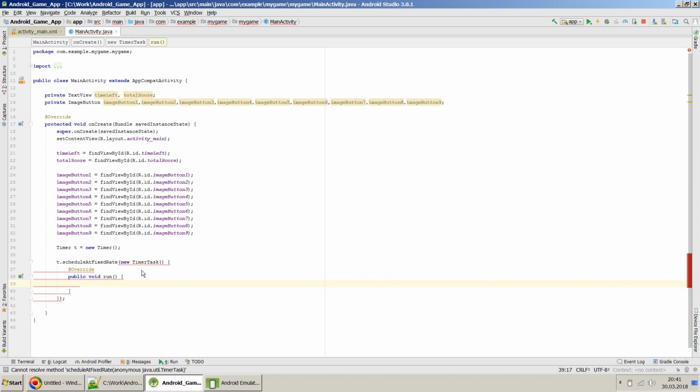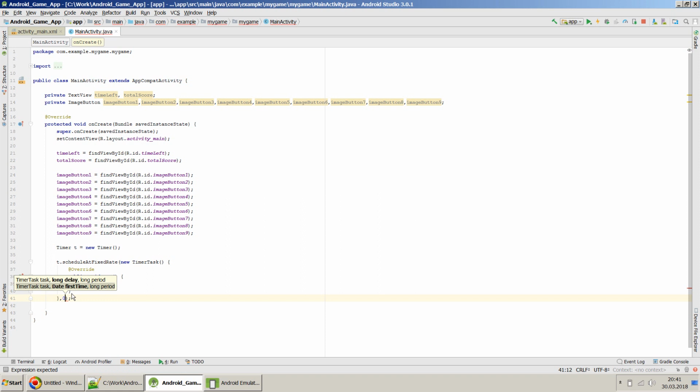So if you notice, the moment you create a new TimerTask, it will automatically create a run function where you have to do your main operation. But before I go into the run operation, let's keep it empty and blank, and first try to complete this fixed rate, because the syntax of this is, first we have to call the method we want to do, and after that we have to give it